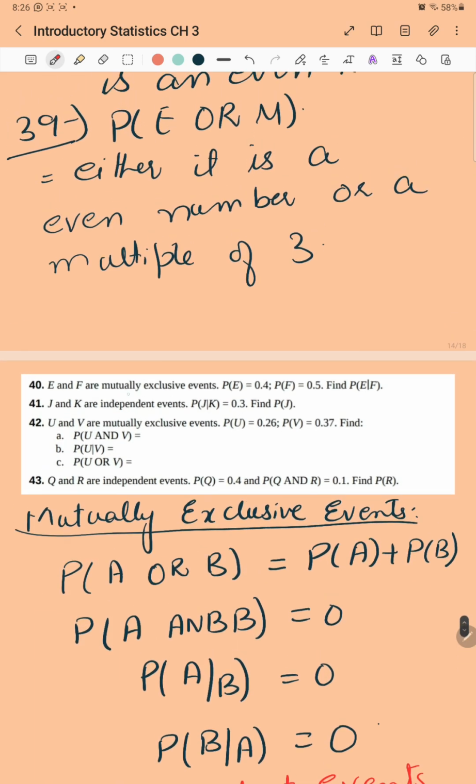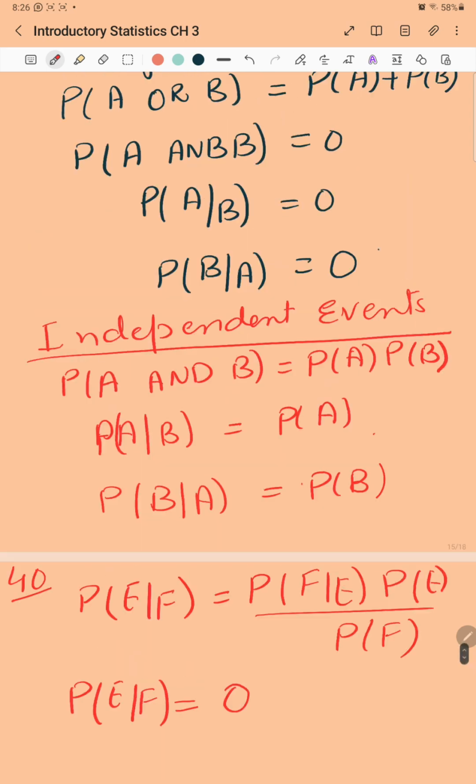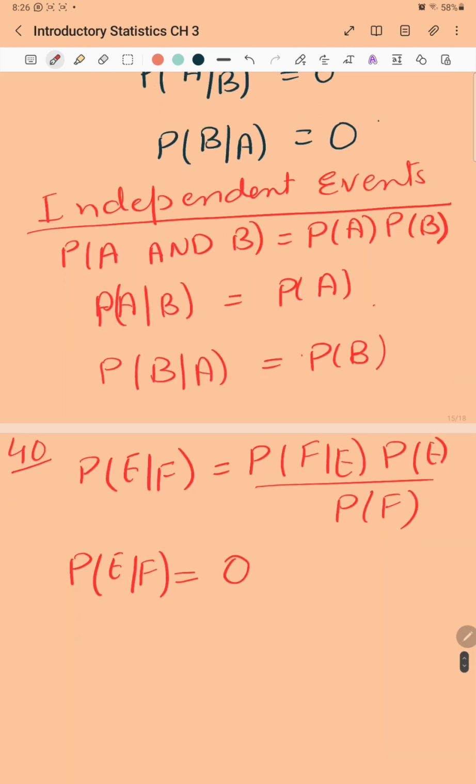Okay, so as they are saying the events are mutually exclusive, the simple answer is 0, because even if we substitute this, the answer would be 0, but there is no need to substitute, because for mutually exclusive events, probability of E given F is always 0. For question number 41,